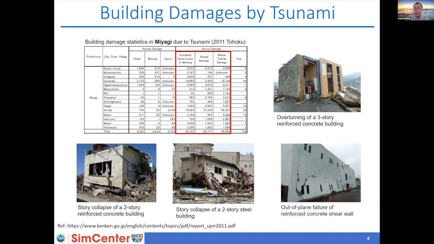Another interesting failure is not at the global level but local, at a specific facade of the building wall. The bottom right figure shows an out-of-plane failure of a reinforced concrete shear wall building, a storage building. And as reported by the observers, they found some reinforcement fracture at the bottom right, across the concrete